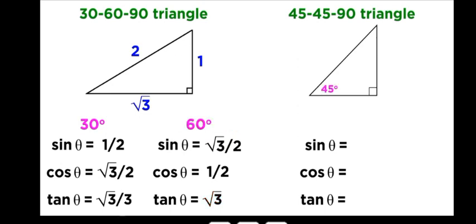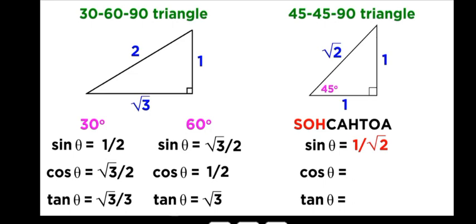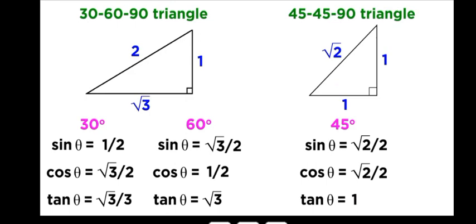Now let's do the same for the 45-degree angle in this other special triangle. As we recall, if one leg of this triangle is equal to 1, the other sides must be 1 and root 2. So the sine of 45 is 1 over root 2, but we multiply by root 2 over root 2 to get root 2 over 2. And the cosine of 45 will give us the same value since the two legs have the same length. Then the tangent of 45 will be 1 over 1, or simply 1. These triangles will come up again and again, so these values of sine and cosine will be very